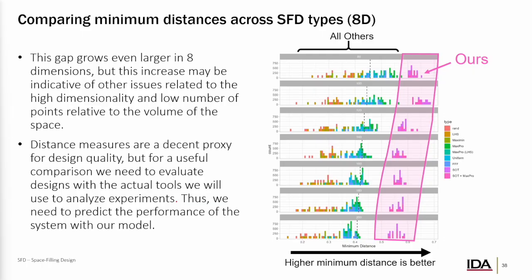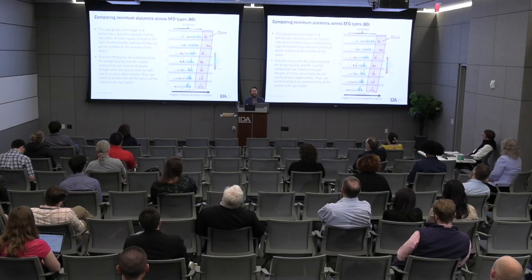We also can look at the 8-dimensional case. And again, exact same story. All of the other designs tend to cluster around the average. Ours consistently beats it. You don't need a statistical model to see that this is a significant difference. However, distance metrics, while they're a great proxy for design quality,